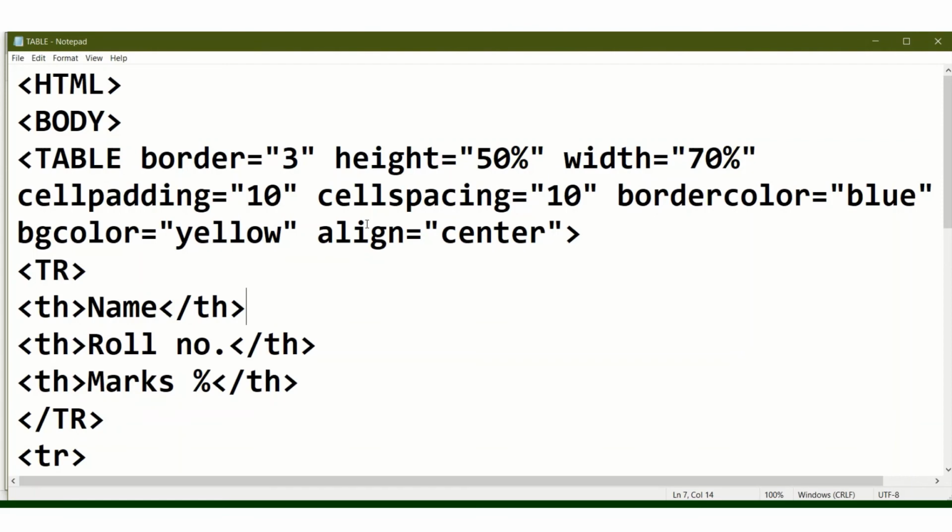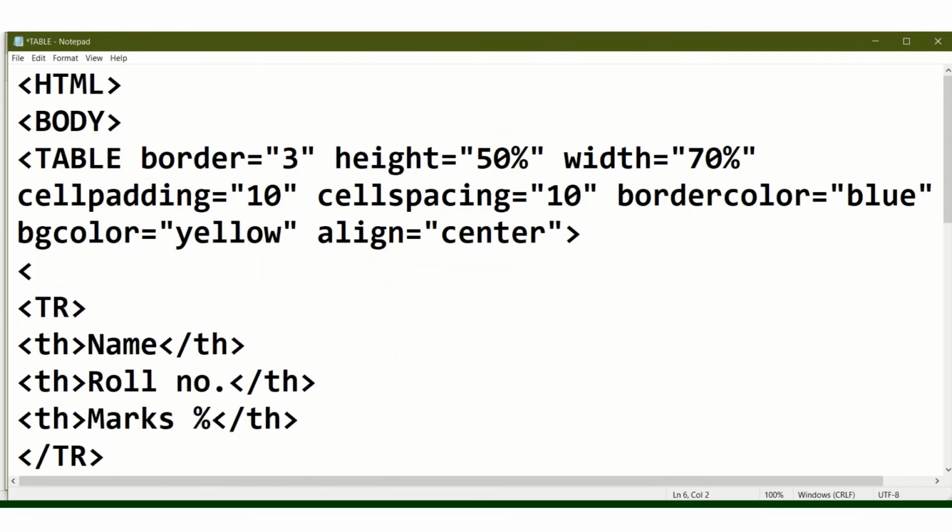And now I am going to the table name, that means the caption. After the table tag I am writing the caption for giving the table name. Suppose our table name is student details.